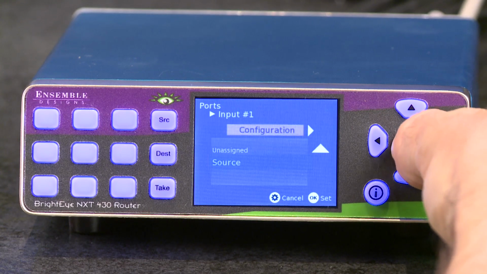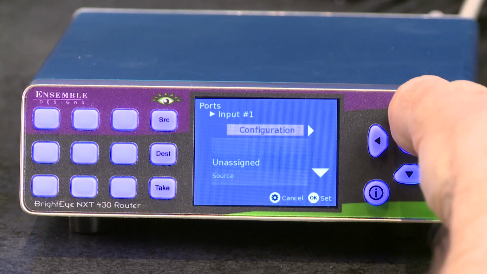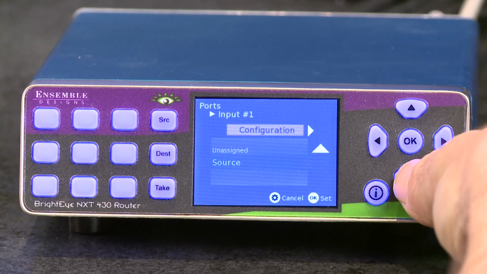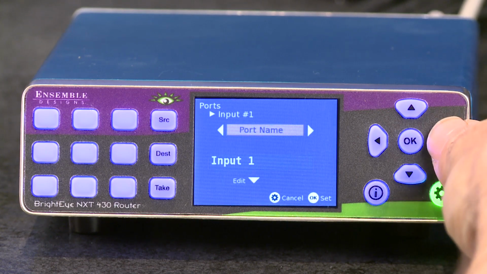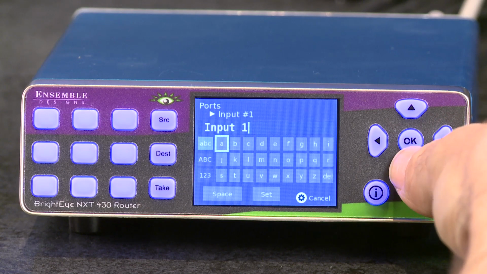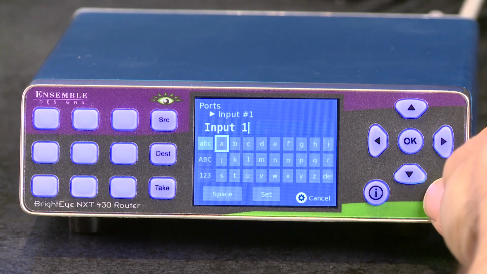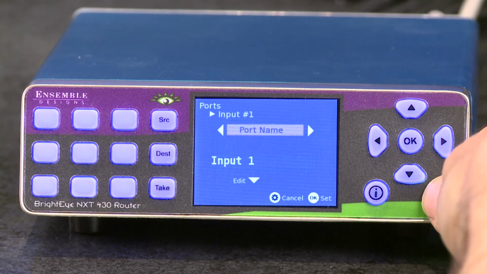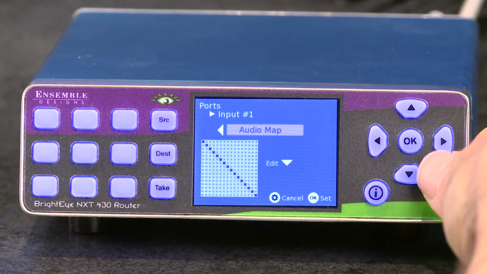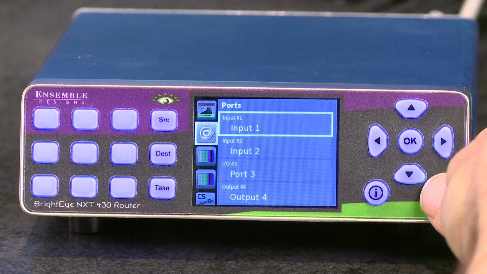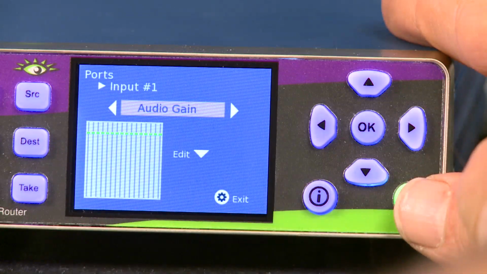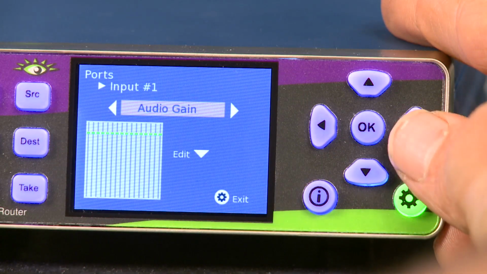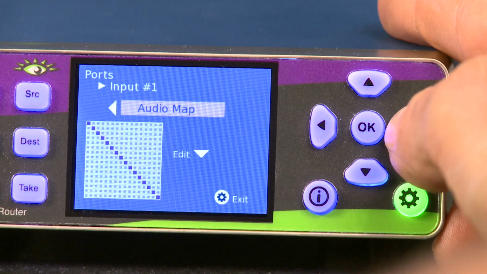So we can go into input number 1, we can unassign it, and that particular B and C is always a source. So we can select source, we can name it here, although there's a better way of naming using the web interface. You can type in the name here, and you can assign the audio map as to what audio channels are assigned. In addition to adjusting the audio channels, you can adjust the audio gain on a per